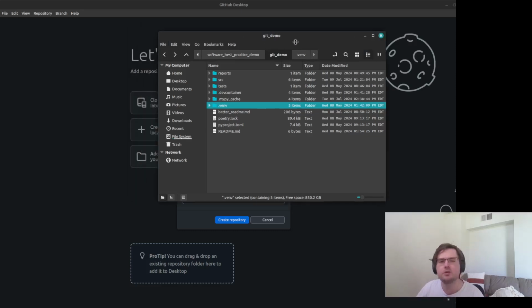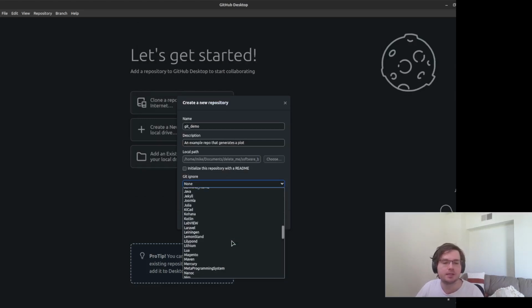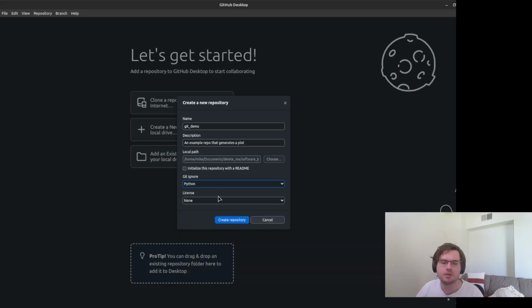Luckily, you don't really need to worry about this too much, because what this step is doing is it's letting you pick a default version for a particular type of project. So in this case, we're going to select Python because I'm making a Python project. And it's going to automatically generate that .gitignore file for me so that I don't need to worry about it. There will be some cases where you may want to add certain files or certain things to that .gitignore file, but in general, you don't need to worry about it at all.